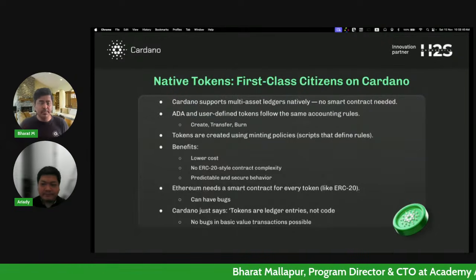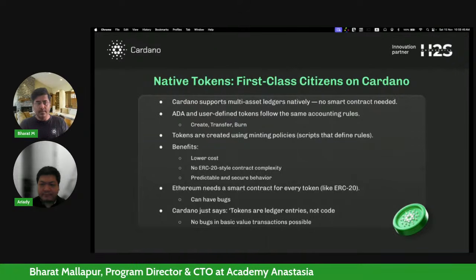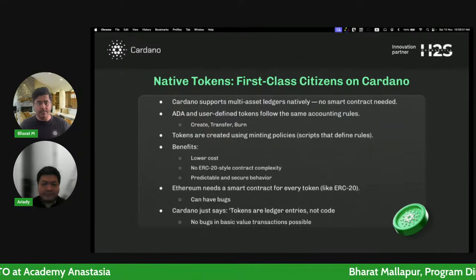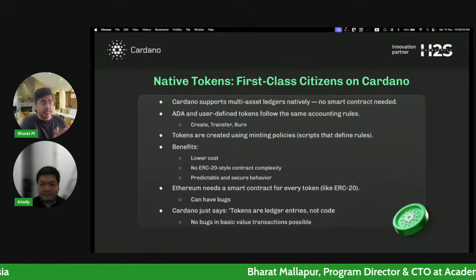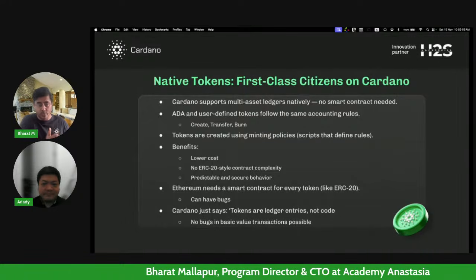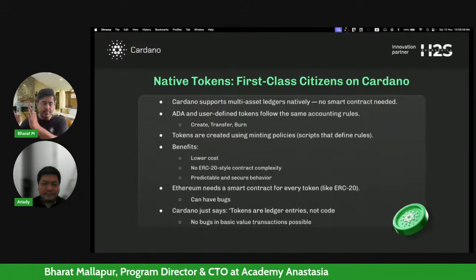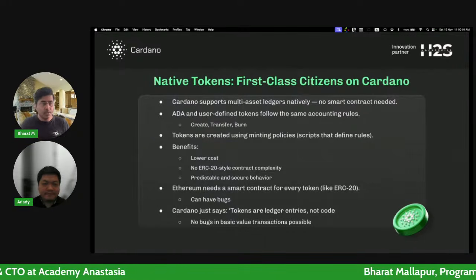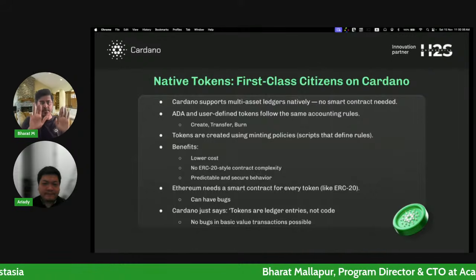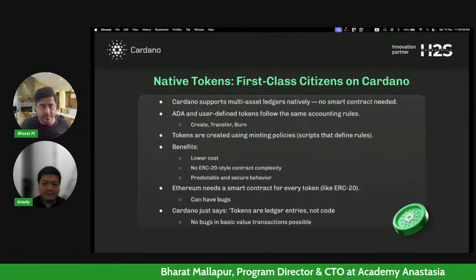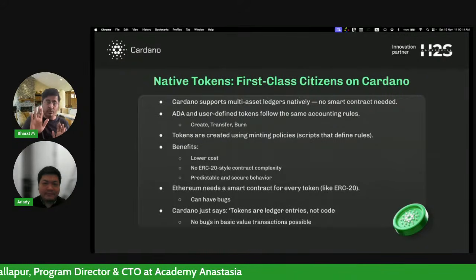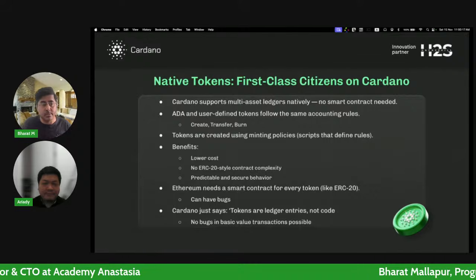But in Cardano, basically, Cardano abstracted this value model, right? It said, okay, I have got ADA and I have got tokens. What's the difference? ADA has a name, ADA has a symbol, ADA has a value, and ADA has a denomination, in the sense of how many ADA are going to exist. Similarly, a token has a name, it has a symbol maybe, and it has a number of tokens that are going to be created, right? So if you look at both of these, ADA as well as tokens, logically they're the same. So why should Cardano say, oh, no, if you want a token, it's a separate thing, you'll have to write a smart contract? It doesn't make sense.